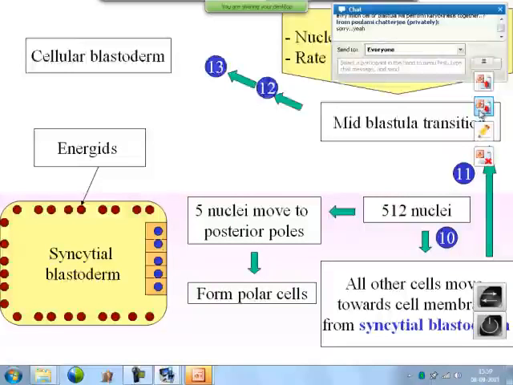So syncytial blastoderm is there, and that syncytial blastoderm has got only nuclei. Now cellular blastoderm will have only cells. Simple to understand also, and why is it blastoderm? Because this is in cleavage, blastula stage, and this is just forming a monolayer, so that's why it is a blastoderm. Okay, fine. So please make sure that you understood the structure of syncytial blastoderm, because when I'll